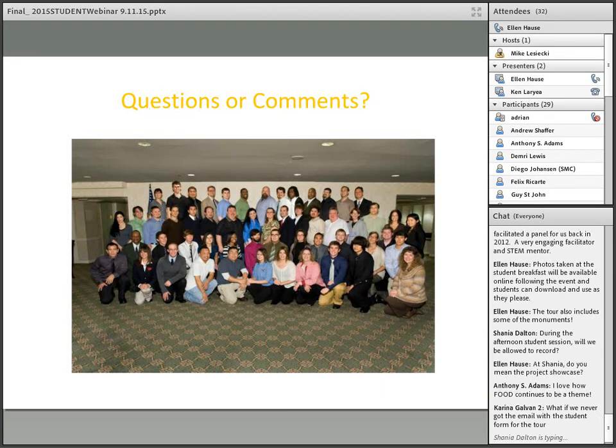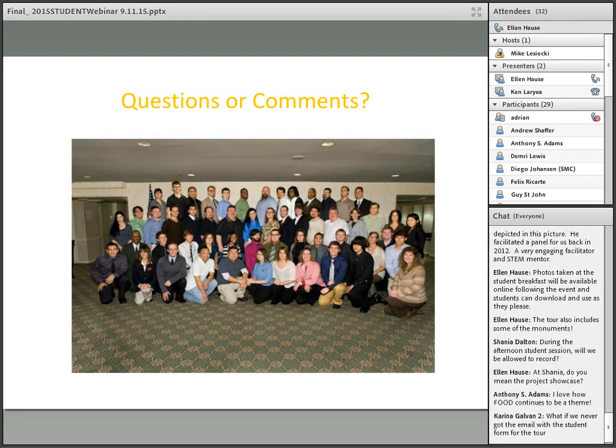In terms of recording speakers, that's not a question that's actually come up. If it's in the project showcases and you want to record your booth or have a record of what you've done, I don't think there's any issue with that. The main plenary sessions, with the exception of the opening, will be recorded, so you do have access to those. And if you mean the global career readiness session, if you want to record elements of that, the facilitator would not mind that, so that's something that could be done.